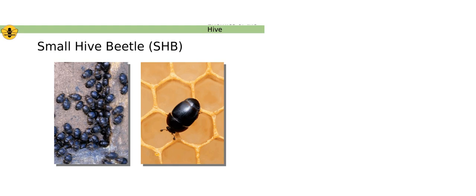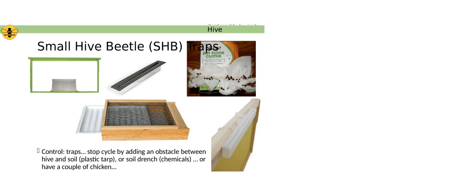And one really neat thing about small hive beetles is their feet. See on their feet, their toes are shaped like a fishing hook, and with a fishing hook, it can get trapped in things. So one of my favorite control methods for small hive beetles is actually to use unscented dry floor cloths or Swiffer cloths, because their feet will get stuck in it. But the honeybees don't have that fishing hook shaped toe, so they won't get stuck in the cloth as much,